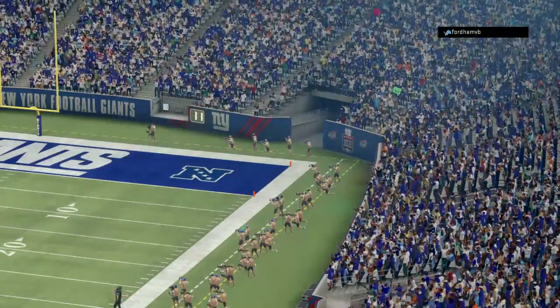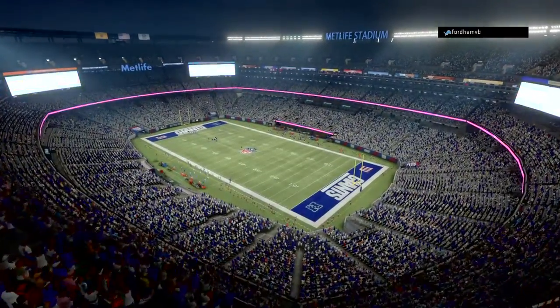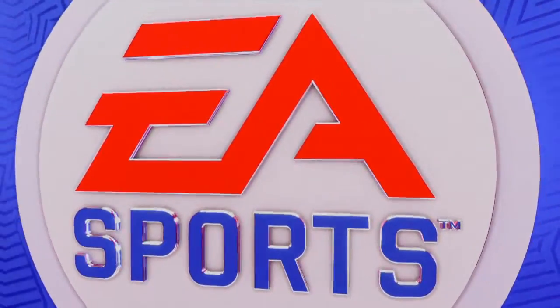So for the Giants, they continue to put themselves in position for a first-round bye as they move to 8-2. And they'll get a few extra days to savor this one before they take on the Philadelphia